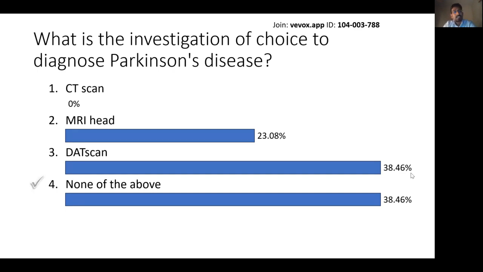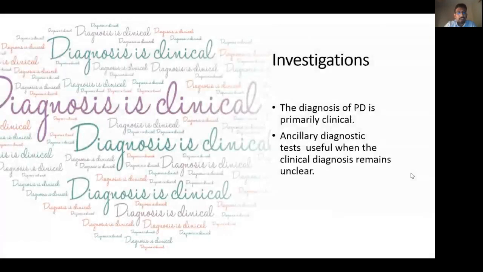The reason is Parkinsonism is a very clinical diagnosis. You don't need to do any investigation at all to diagnose. We arrange investigations if we are in doubt, to exclude other causes and any alternate diagnosis. Parkinson's disease is a very, very clinical diagnosis. This is written so many times because I wanted it to be a take-home message that you don't need to do any investigation. The role of investigations is actually for ancillary purposes, just to support your diagnosis and exclude other causes.